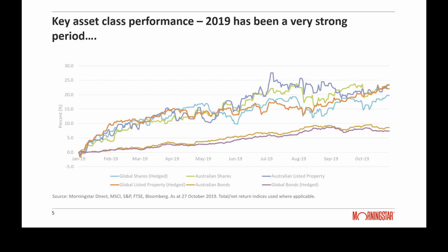But when you actually have a look at the magnitude of those bond market returns, they're really quite significant. So if you cast your eye to the left-hand axis there, you can see that those bond markets have delivered almost double-digit returns over the course of 2019, and that is an extraordinary return. And really what's driving that return is the change in interest rate outlook that we've had over the course of 2019. So some of you may recall this time last year, we saw significant volatility in share and bond markets,